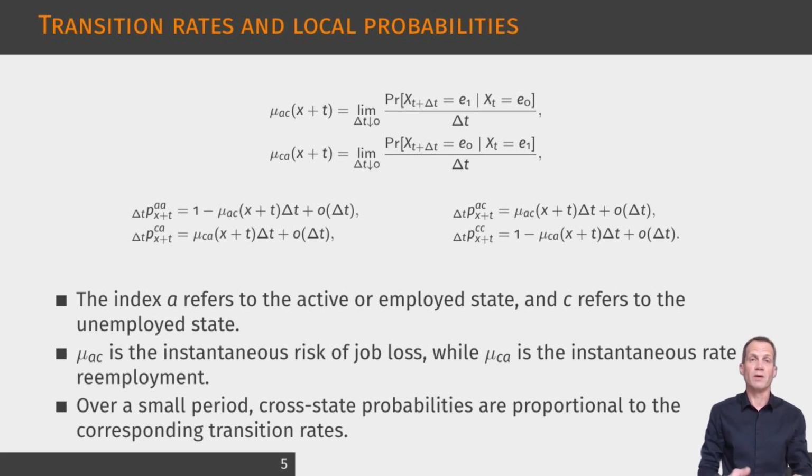Over a very small time interval, the probability of changing state is approximately the relevant intensity multiplied by the length of the interval. Conversely, the probability of remaining in the current state is approximately 1 minus that same product. This is exactly the local structure summarized by the Taylor expansions shown on the slide. The notation uses the index A for the active or employed state and the index C for the unemployed state. Thus, the transition from A to C is a job loss, while the transition from C to A is a